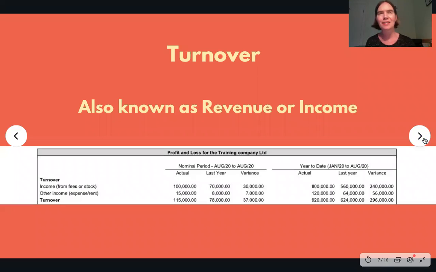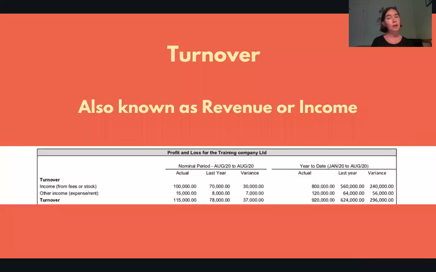Okay, so let's dive into our P&L. We're first going to have a look at turnover, and turnover is basically all the sales in the month or the year to date. Turnover can also be known as revenue, income, or sales. What I would suggest is that the management team just decides on one thing and calls it that, just to keep it simple. What you can see in my example is that we have 2 line items in our revenue